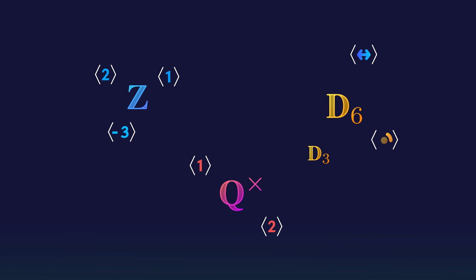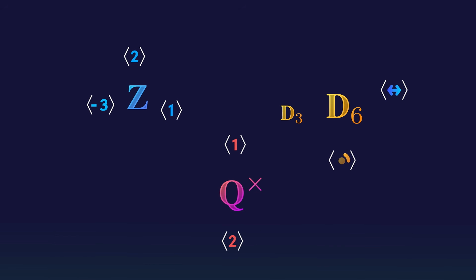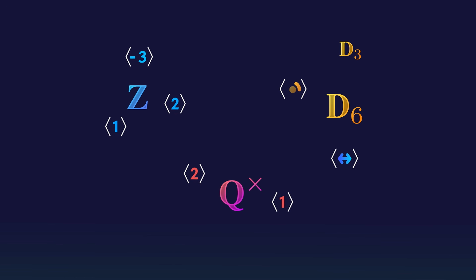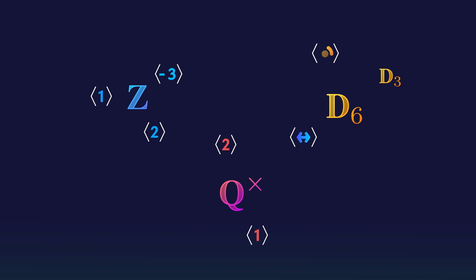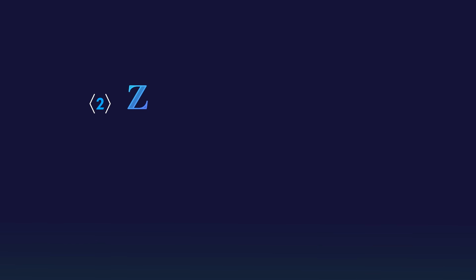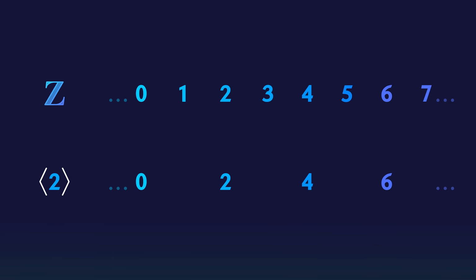With our fancy new notation for subgroups, we have an opportunity to do a deeper understanding of groups. It turns out that groups are highly symmetric with respect to their subgroups, and what I mean by highly symmetric is that shifted copies of the subgroup appear all over the place inside a group. In the integers, for example, we have the even integers, but also the odd integers, and while we saw that the odd integers are not a group, they are at least a shifted copy of the even integers, where every element is shifted by +1.